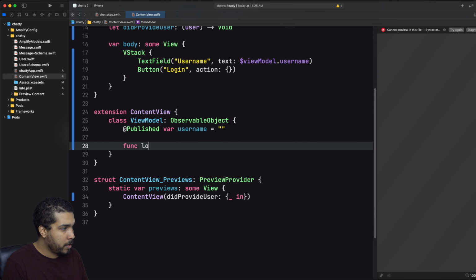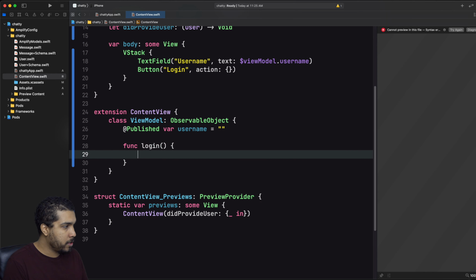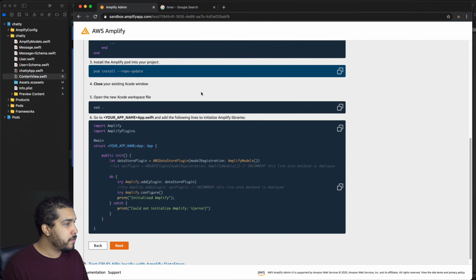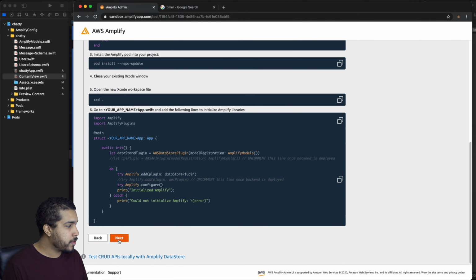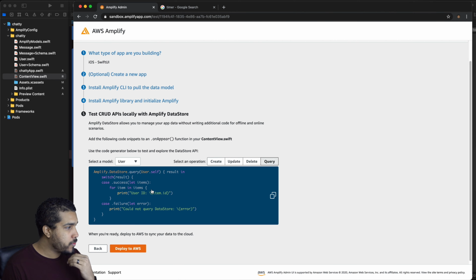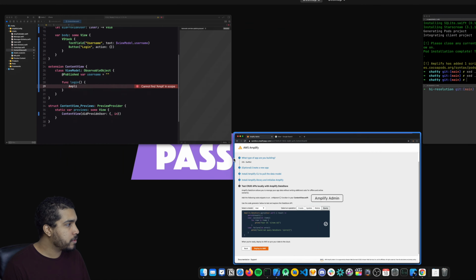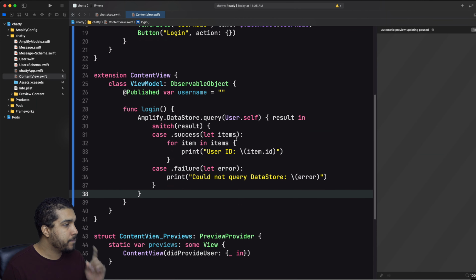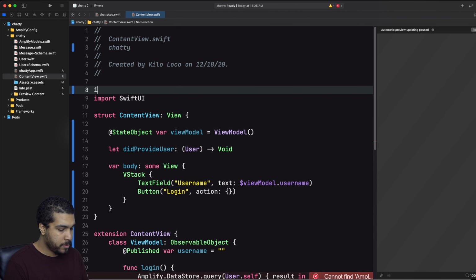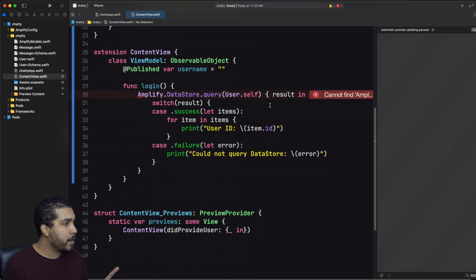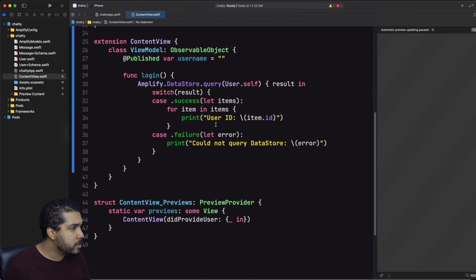So func login, we'll just have it called login, and we'll do amplify. And I could probably save a little bit of time just by going to here. We'll do user, and we need to query. So copy that. Query. All right. So we do the query on the user. We need to import amplify at the top. Like that. All right. So if we get a success,